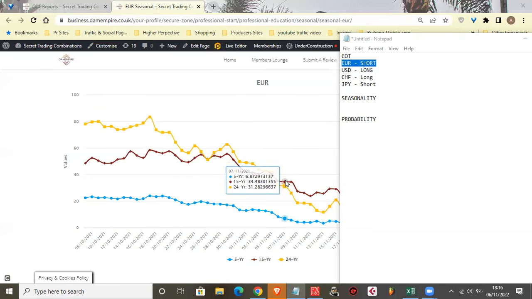You can short on the 7th, though the market could consolidate a little bit, because 24 years actually say 7, because it drops immediately after. 5 years also say 7, but the 15 years says it's most likely going to drop, just a tiny bit. So in scenarios like that, you're going to go Euro short. So put a date next to it. So from the 7th